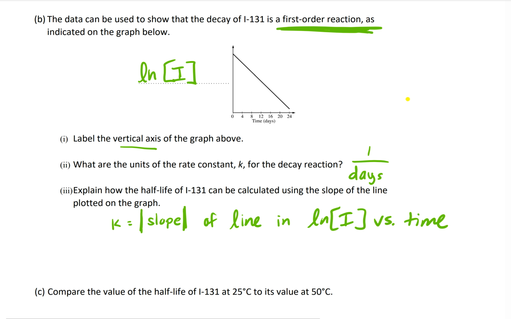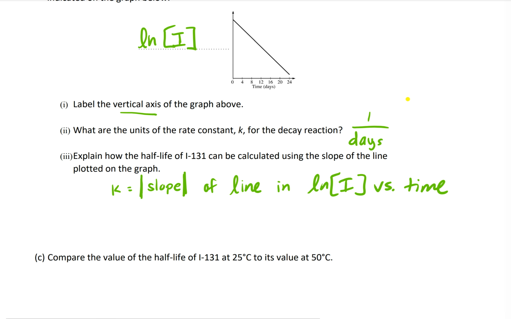Okay, so if I have the graph with a straight line, I know K is going to be the absolute value of that slope. And there is another way that we can calculate